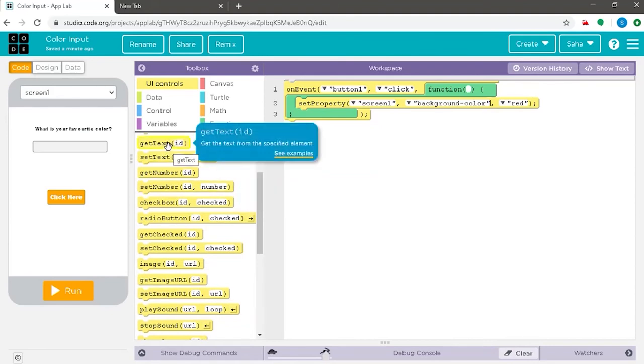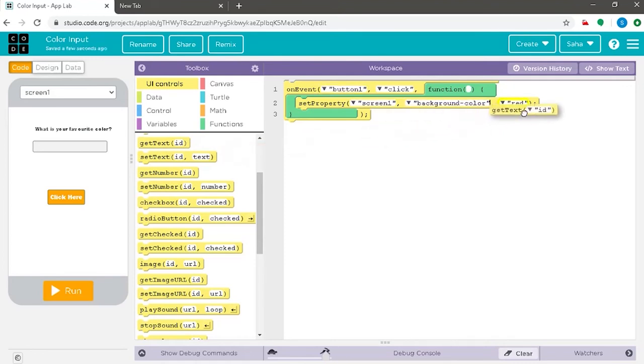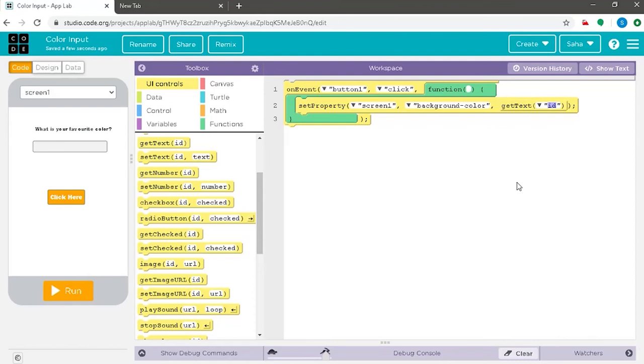For this, we shall drag the getText command in place of this. And now, where should the text be entered? Yes, it should be entered in the input label. What is the ID of the input box? It is text input 1, so we shall be entering text input 1.